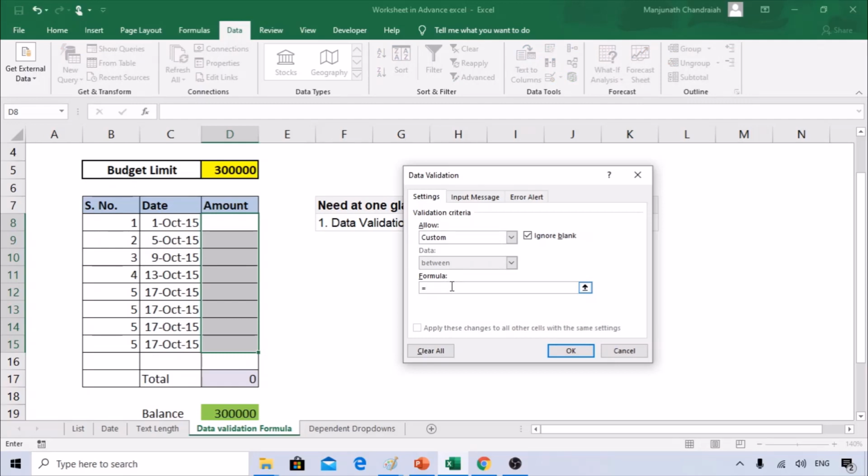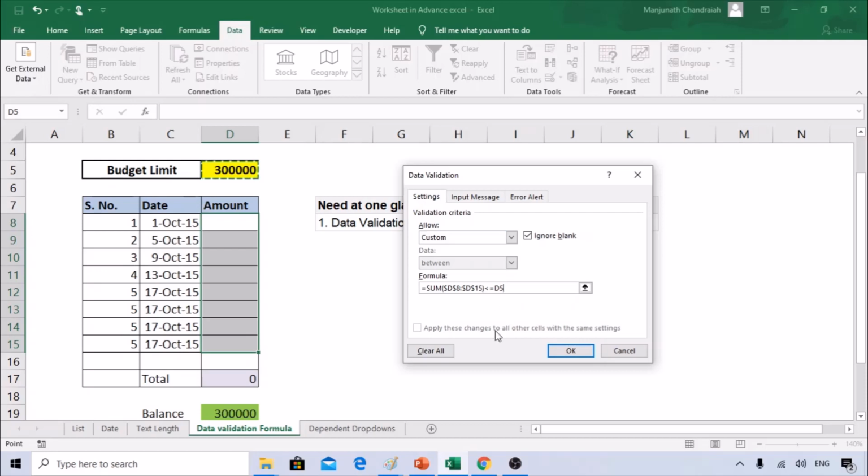As you write the formula, say equals. What I'm going to do is sum all these cells. If everything sums to less than 3 lakhs, you should allow it. If the sum is more than 3 lakhs, then you should throw an error. Let's do SUM. I'm going to select this range till here, and close the bracket. This range should be locked, so I'm going to lock it using the F4 function. You can select all and use F4, and after the total it should be less than or equal to this cell, right? So I'm using less than or equal to this cell.